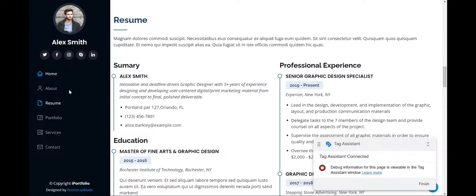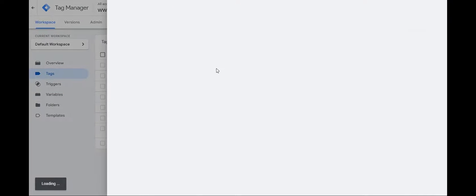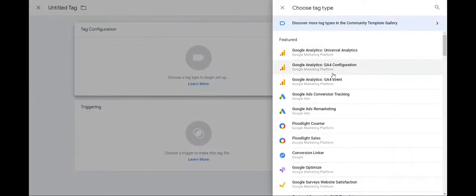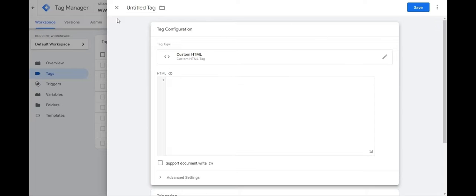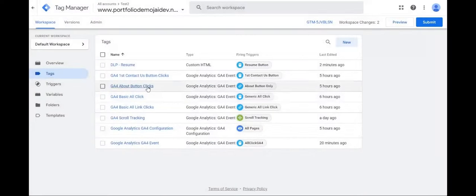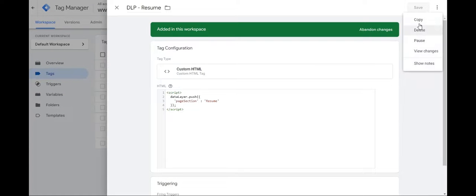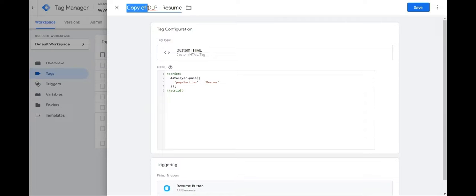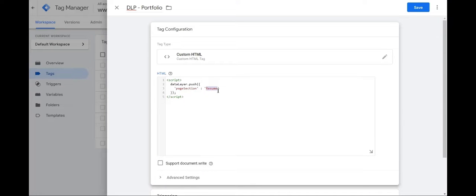And similarly, if I were to create one for portfolio as well, then I'll go back again, new configuration, go to custom HTML, and the same process. Now one shortcut you can use is go to the previous one that you had created and copy it. So this time name it for portfolio. Similarly, change it to portfolio. We want page section to be shown as portfolio,